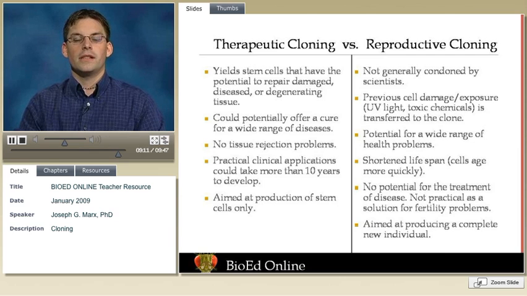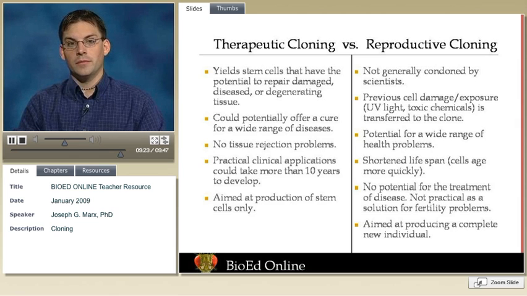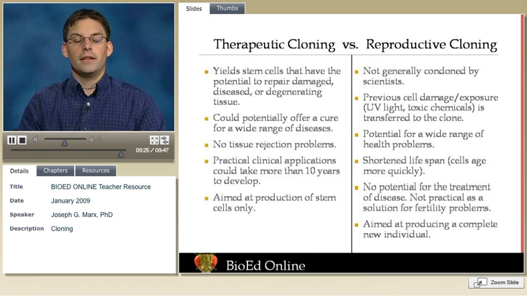So the sum total is scientists generally oppose reproductive cloning, where therapeutic cloning offers a great potential to generate embryonic stem cells which are genetically identical, in other words, there are no rejection problems, to generate cells in tissues which can be used to treat a wide range of diseases. In closing, therapeutic cloning offers a promising medical treatment by providing a renewable source of stem cells which could potentially be used to treat over 100 million Americans with diseases ranging from diabetes to heart